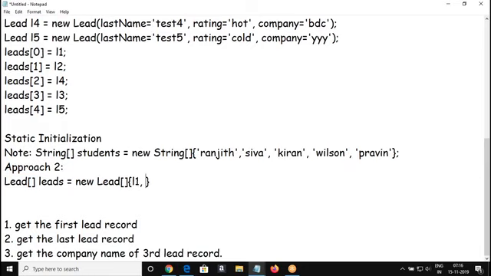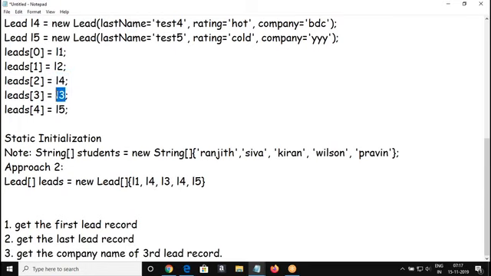L1 comma L2 comma L3, L5. Okay, so we're just adding the elements here. Earlier we were adding strings, but here every element is going to be of lead type. Got me? So L1 is a lead record. People got this? If you like to follow the same sequence, then in the L2 position, we are passing L4.